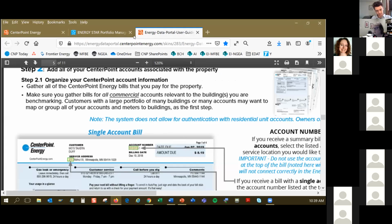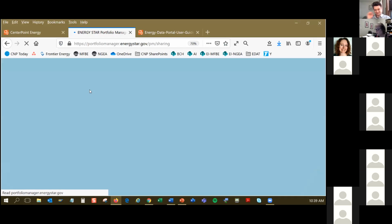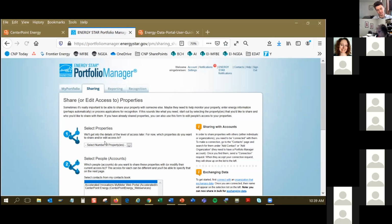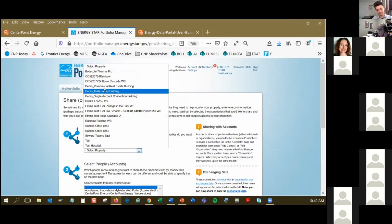So first, we'll be doing that property share step. From the sharing, you're going to go to Portfolio Manager. This is basically exactly what you just did for Xcel Energy. We just need to share the property with CenterPoint now. So in Portfolio Manager, you're going to go to the Sharing tab, click Share or Edit Access to a Property. You can do one or multiple properties. You're going to select the property,